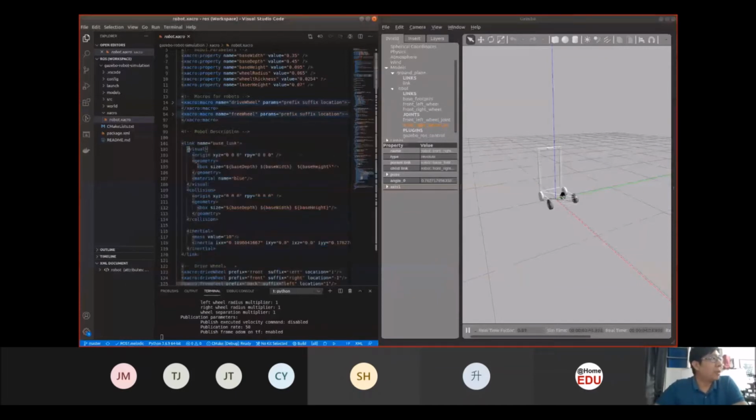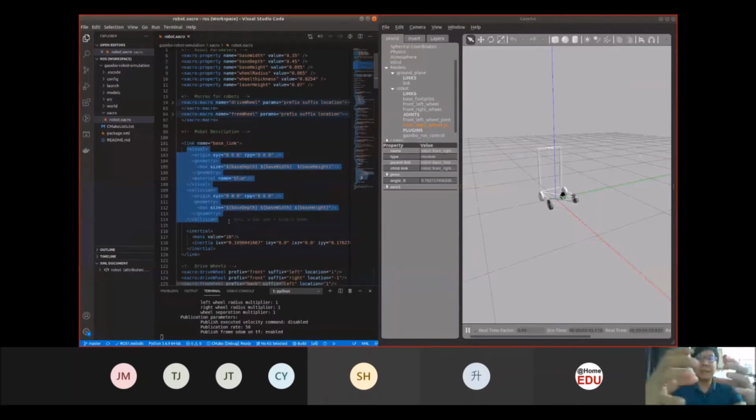You can define your visual, what the shape is. They have a lot of basic shapes that you can use. For example, over here, I've declared a box of the size of my robot. So you can see it over here on this side.